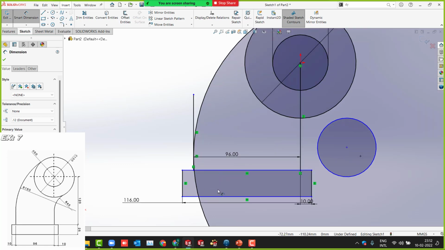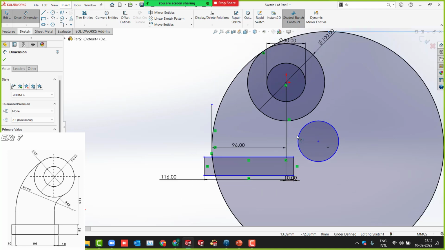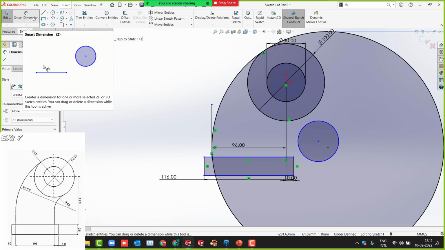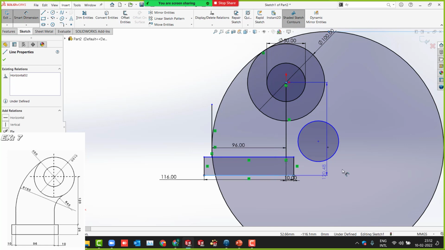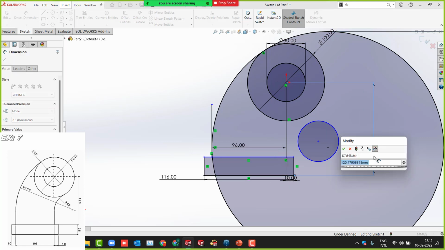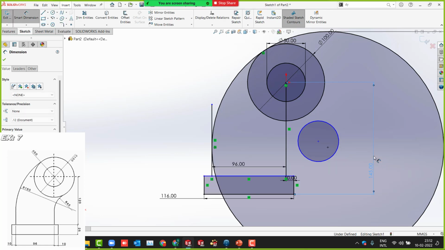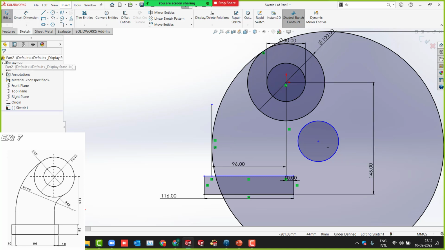And then, wait, the height from the origin to this one, how much? Up to here, how much is it? It's 120. No, see properly, check. 120 plus 25. Yes, 120 plus 25. Good. And now